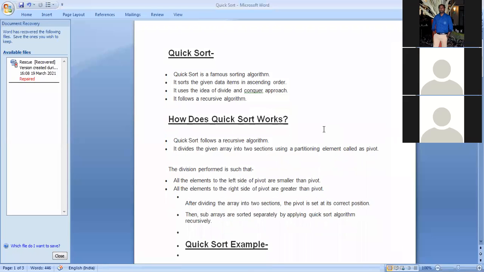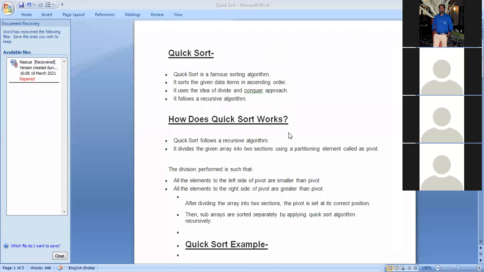Now, how does quick sort work? Quick sort follows a recursive algorithm. It divides the given array into two sections using a partitioning element called the pivot.